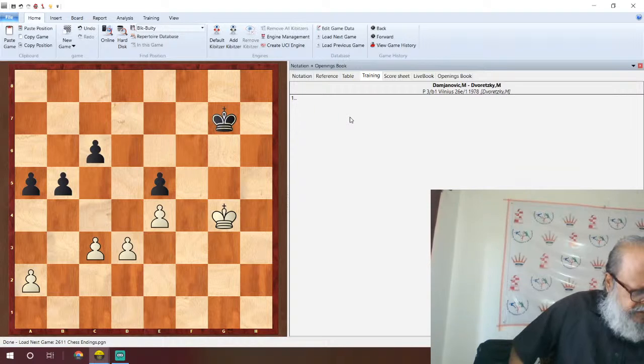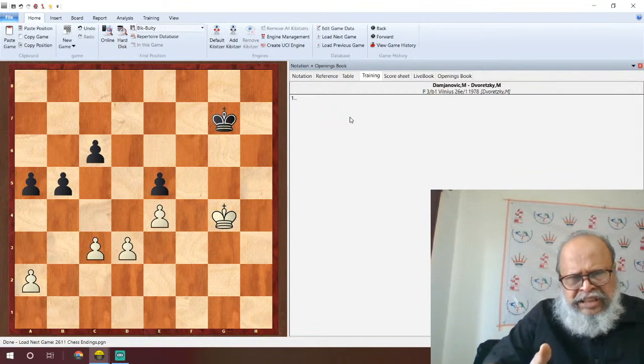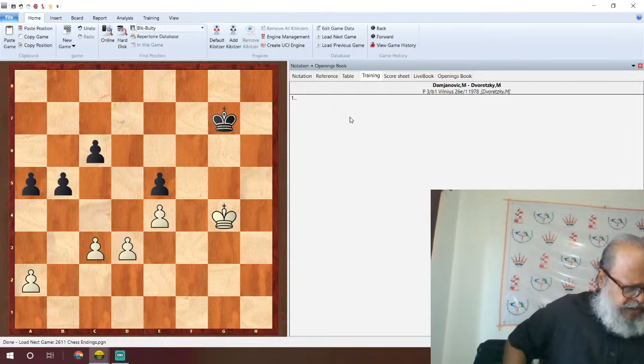Okay, now Ramakrishna, you are not suggesting going to the back diagram? I have put a new diagram. This position is black to play. How can you play? See,